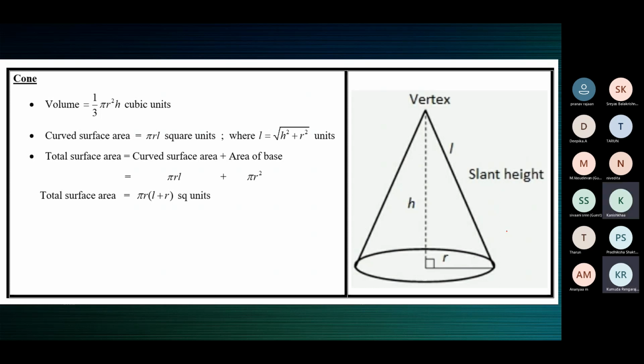When you pour the water, you should completely fill the cone with water once. Pour it into the cylinder. Again, fill the cone completely with water for the second time. Pour it into the cylinder. Now for the third time, fill the cone completely with water and pour it into the cylinder. You will see that the cylinder is completely filled with water. There is no more space to pour water into the cylinder. This explains that the volume of the cylinder is 3 times the volume of the cone, both being of the same radius and height.